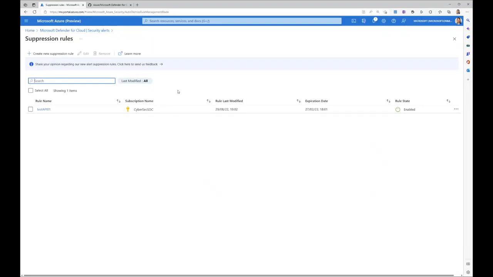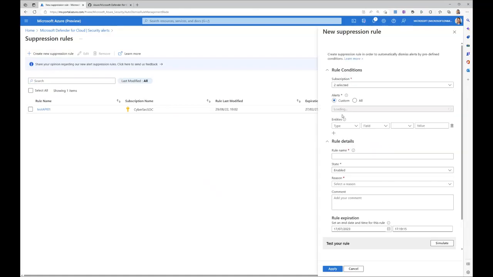Imagine if I was doing a penetration test exercise. Chances are I wouldn't appreciate Defender for Cloud generating a lot of noise around this, as I would consider it to be a false positive. Although I can always manually dismiss an alert, with suppression rules,